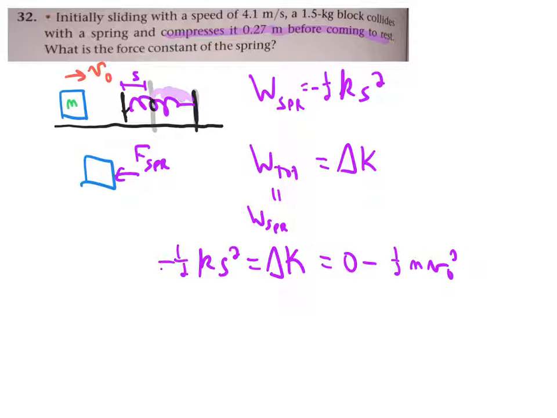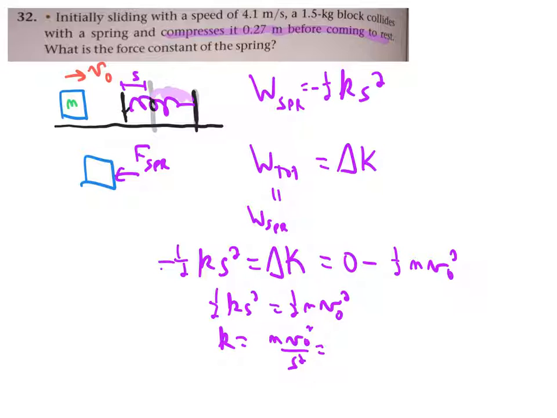So then we can just equate them, and we can say 1/2 k s squared equals 1/2 m v0 squared. That's a really common result, and it's worth feeling some comfort that it shows up a lot. Notice the halves will cancel out, and we'll end up with k is m v0 squared over s squared,